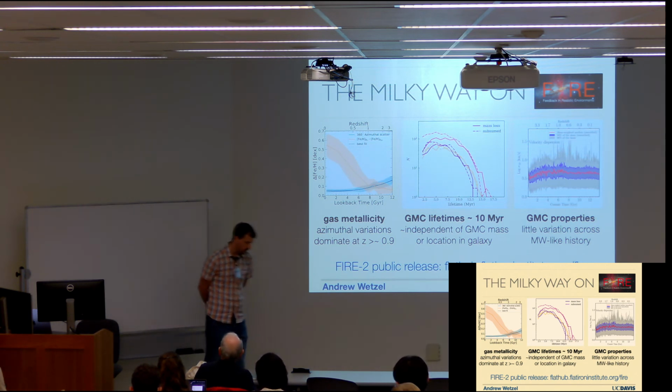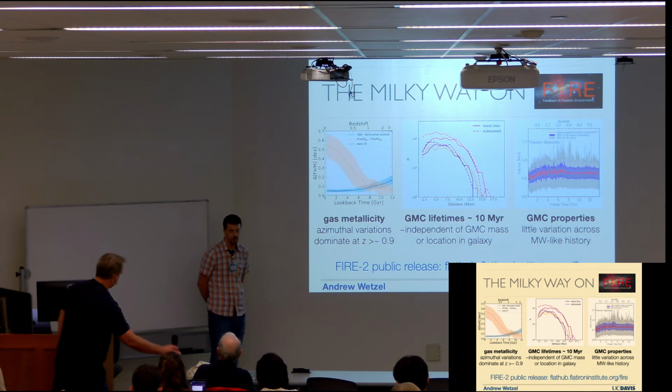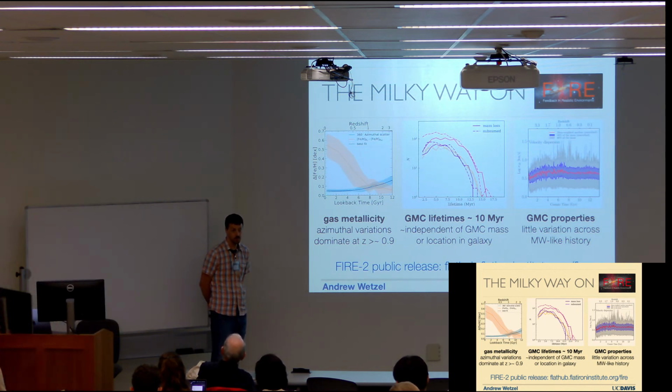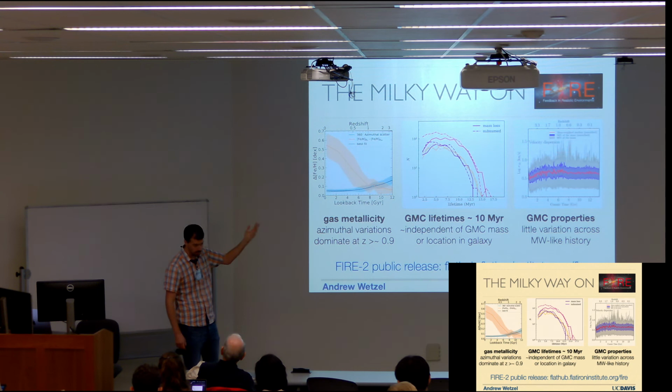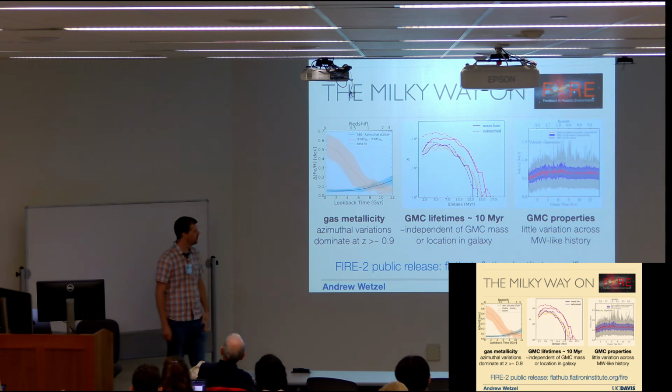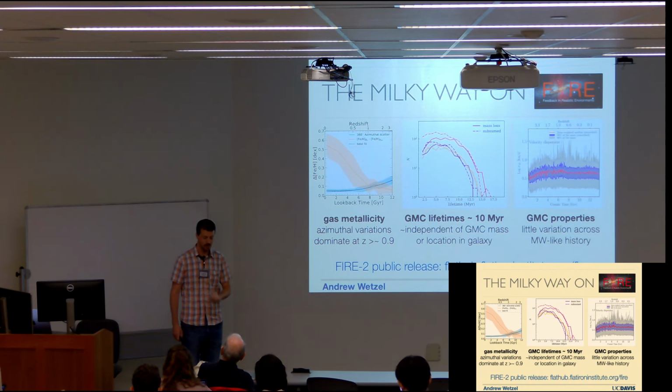I think that's something we need to look at more carefully. I don't have a deep answer for you right now because we haven't looked at it specifically. I can say that we're starting to quantify the star cluster populations and star clump populations in these simulations. We do see star clusters as massive as 10 to the 6 or so forming today. We're in the process of looking at this at high redshift, so I can get back to you. I don't have a very quantitative answer right now.